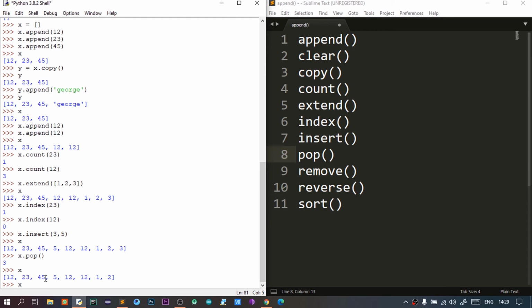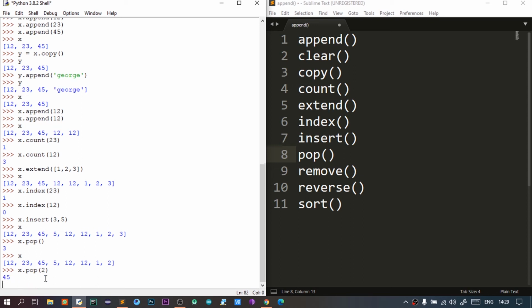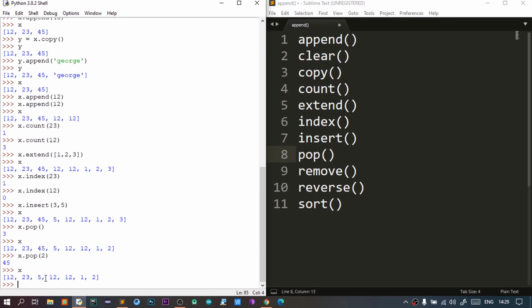And if you want to remove an element at a specific position, let's say I want to remove 45. The index of 45 is 2. Now see, the list becomes 12, 23, 5, 12, 12, 1, 2. The 45 is removed because you passed the position of the element that you want to remove. The second position element has been removed from the list.